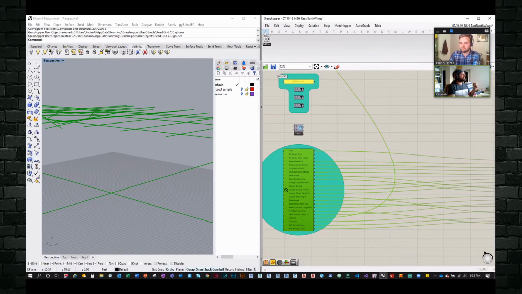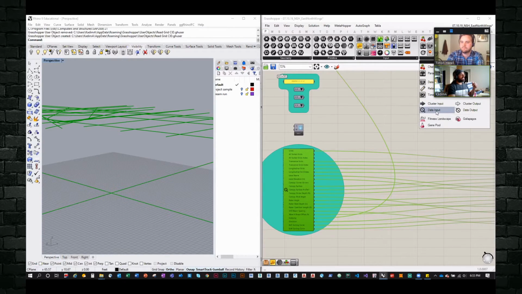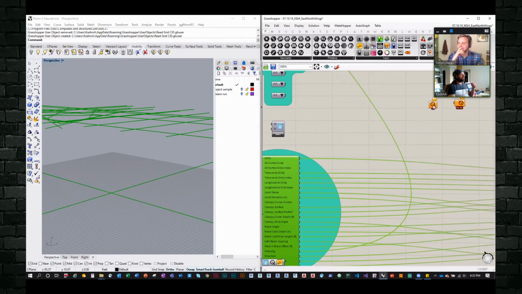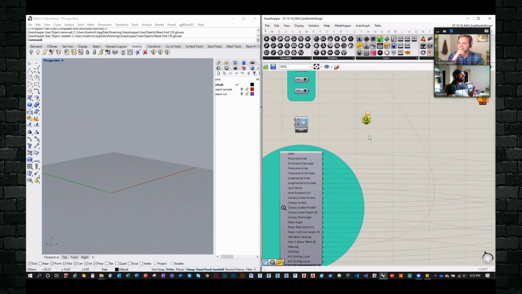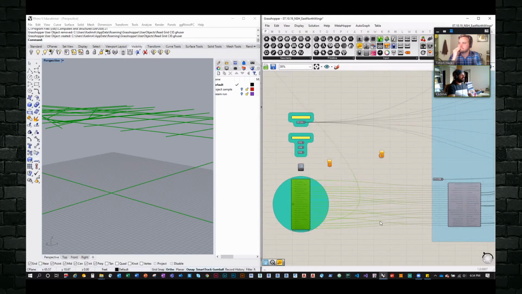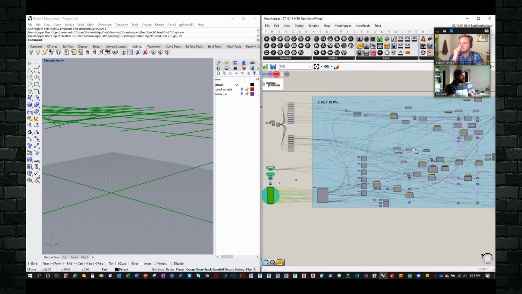So what I did here is I started using the data input and data output nodes that Grasshopper provides, where I could feed data into my existing Grasshopper file from another Grasshopper file. If I'm working on a large team on a large project, we can break apart the actual structure. One of my colleagues can get the north end, I can get the east end, somebody else can get the southwest corner, and so on. And we're constantly referencing the same parameters file. We're performing our own work however we see fit.